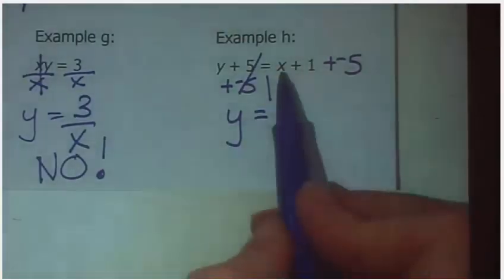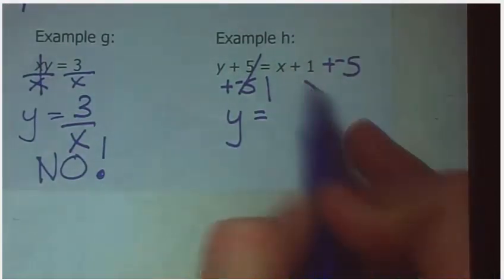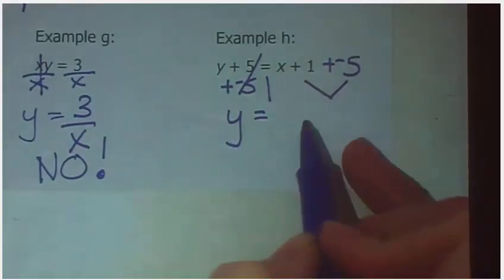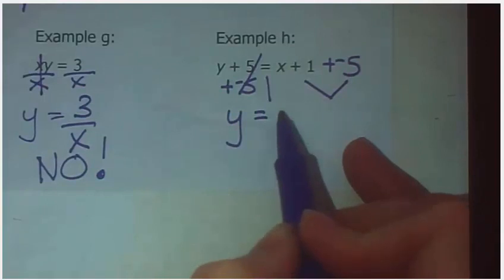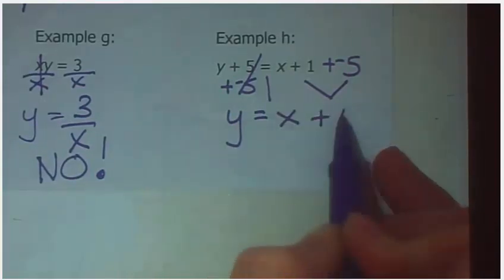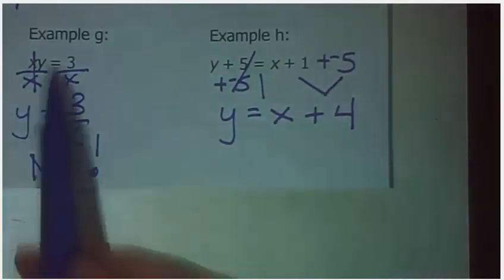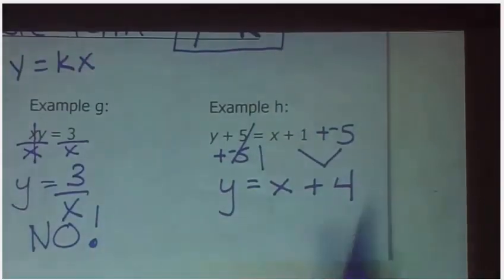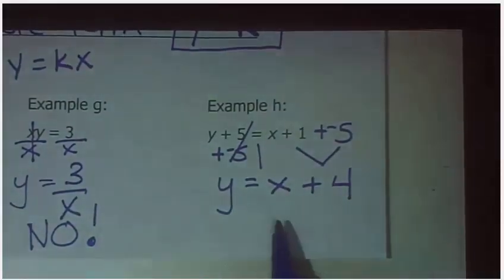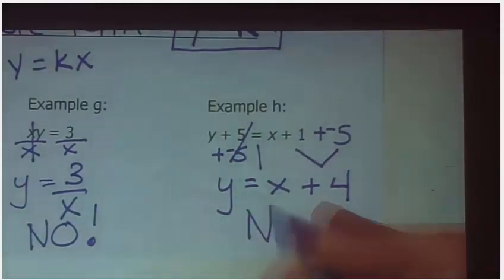So I have x and 1 and a negative 5. These two are like terms. When I combine them, they make 4. So over here I have y equals x plus 4. And that does not look like this because it's like Biff. It's got that little extra something special. So we say nope, not direct